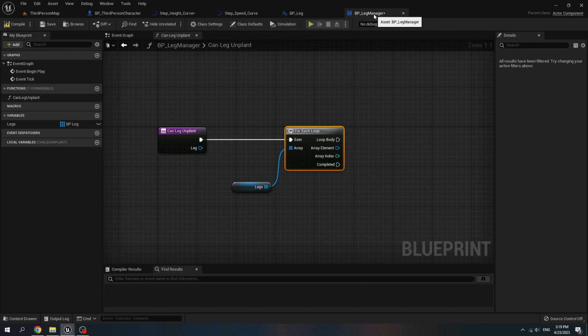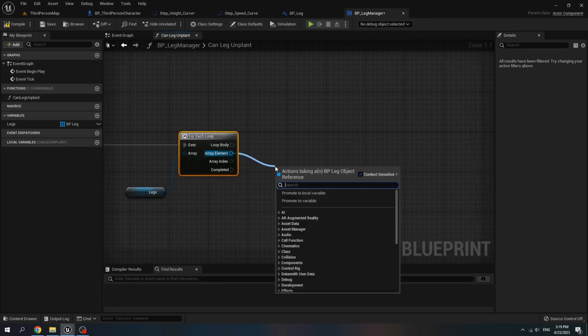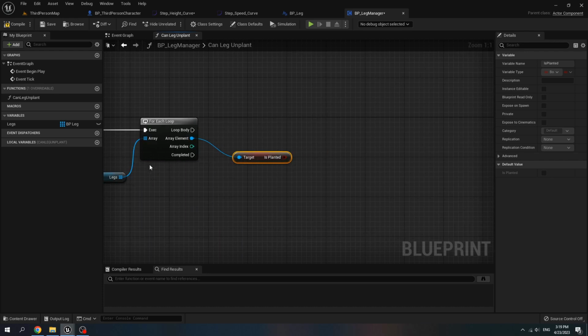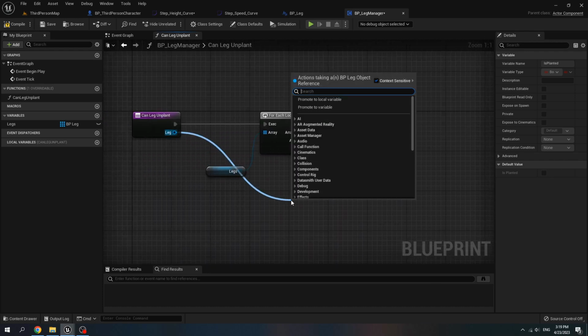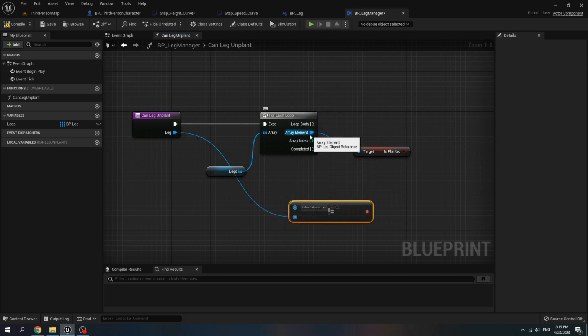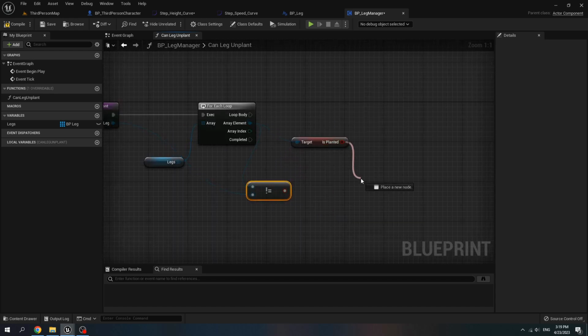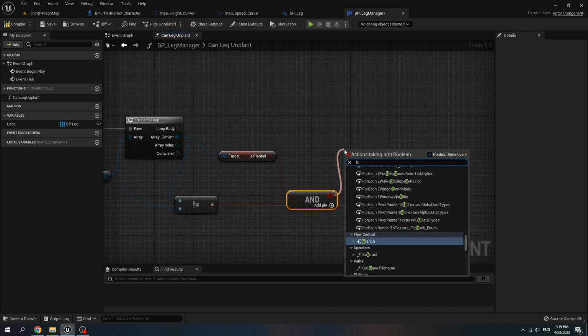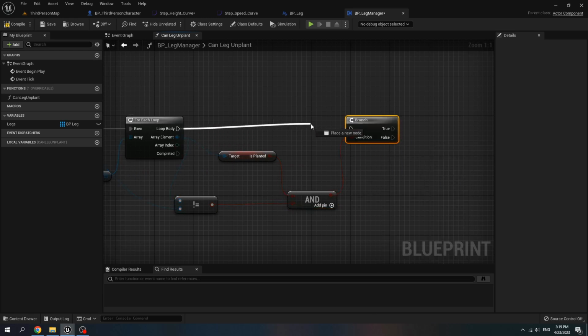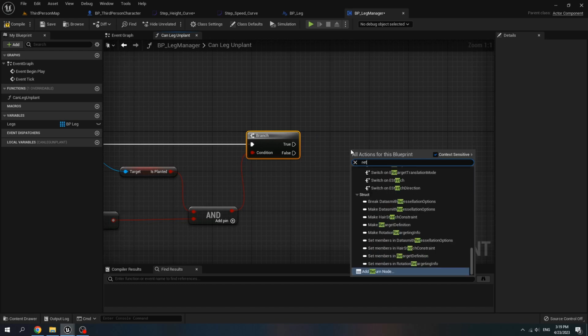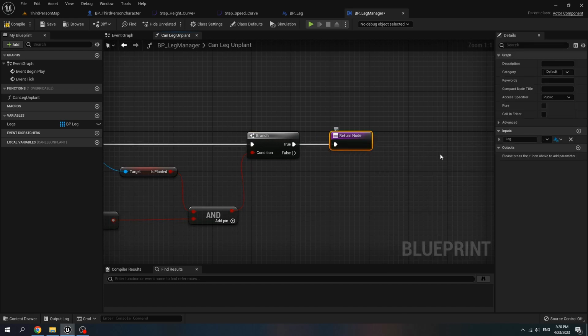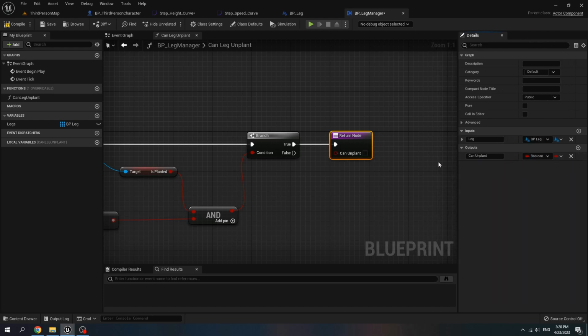Go to leg manager. For the array element, get is planted, the leg is not equal to the array element, and call and boolean, connect it to and, create a branch, connect loop body to the branch, and call return node, connect true to the return, add output, name it can and plan, variable type boolean and set it to true.